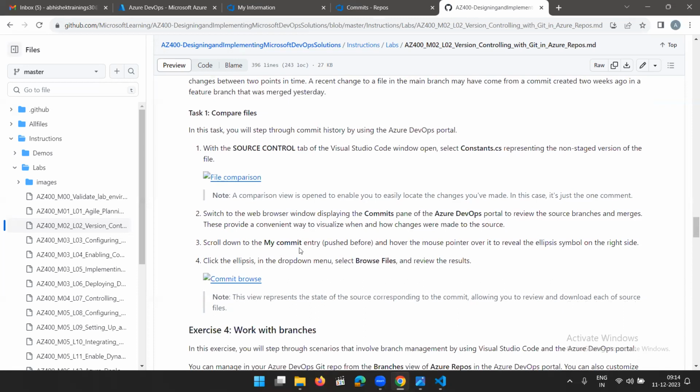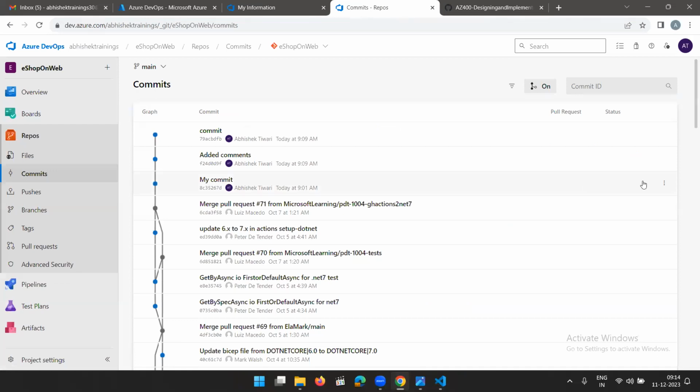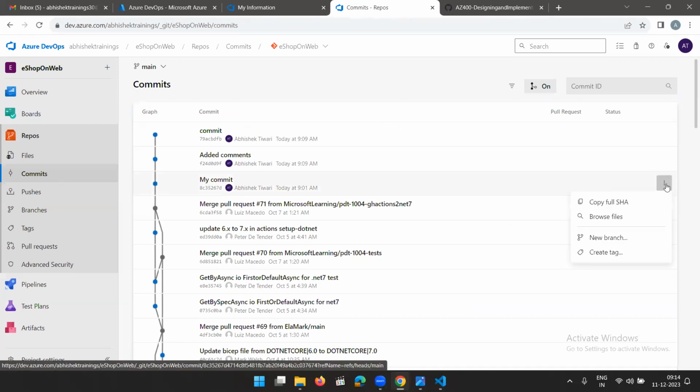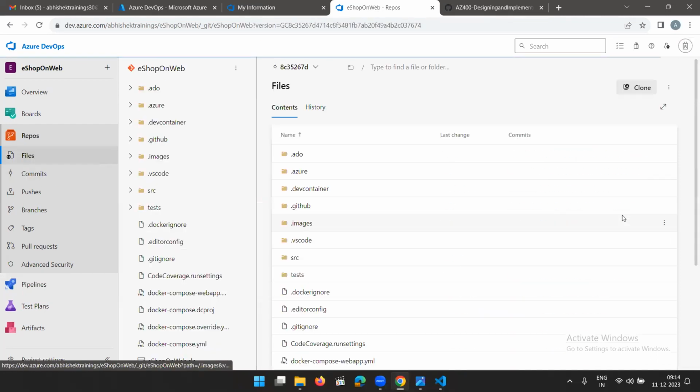Scroll down to my commit entry pushed before, and hover the mouse pointer over it to reveal the ellipsis symbol on the right side. Click the ellipsis in the drop down menu, select browse files and review the result. Now here there is an ellipsis symbol over here. So if you go and browse the files over here,